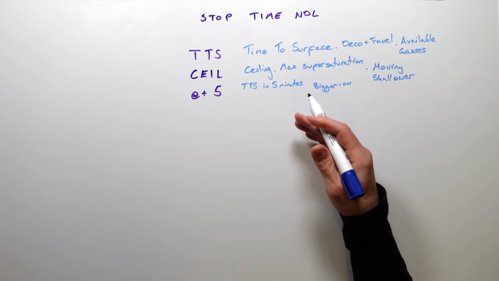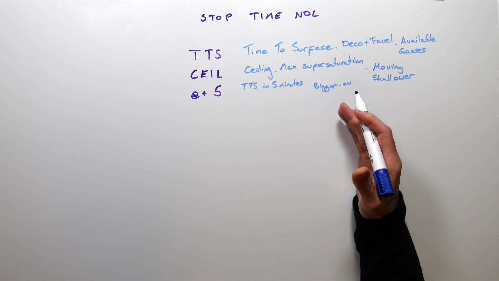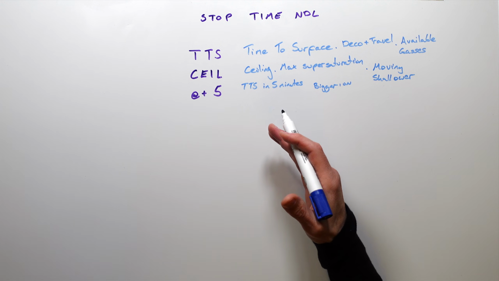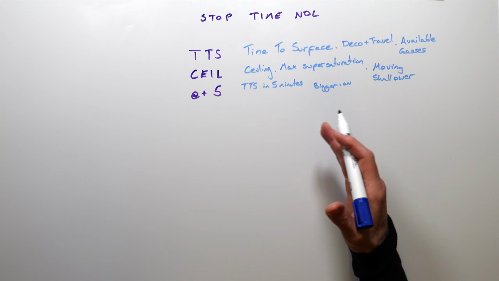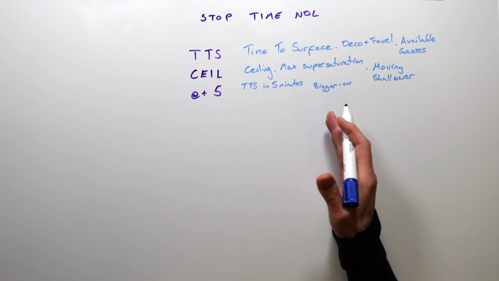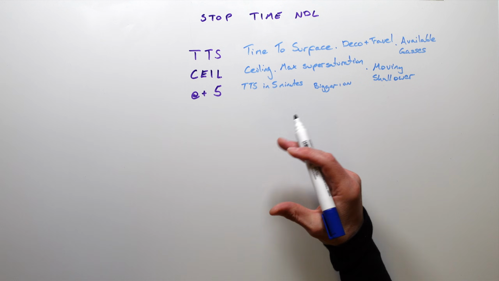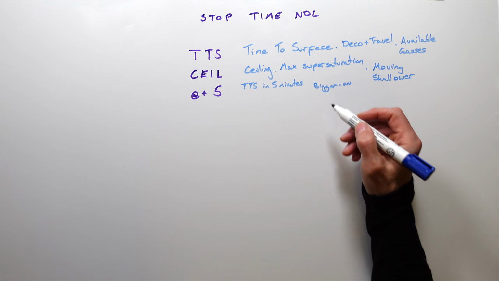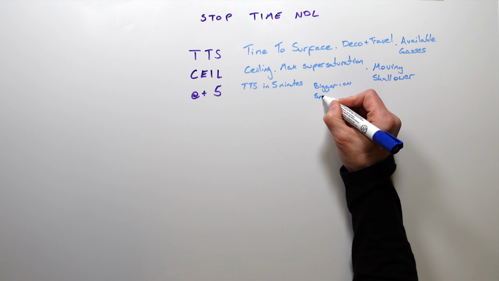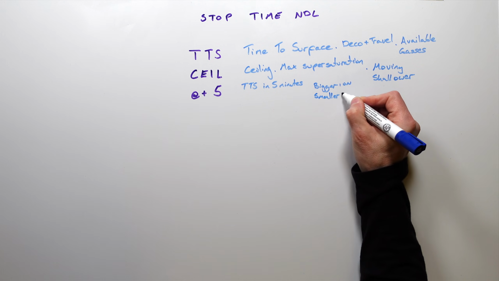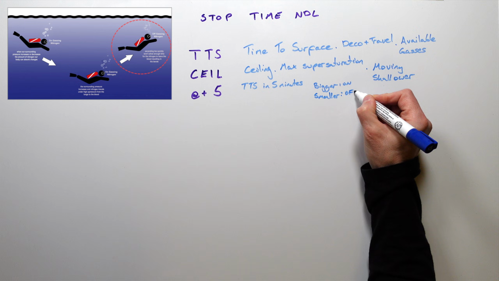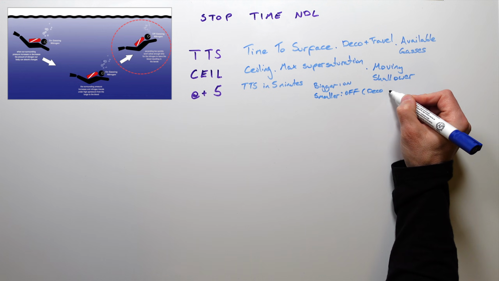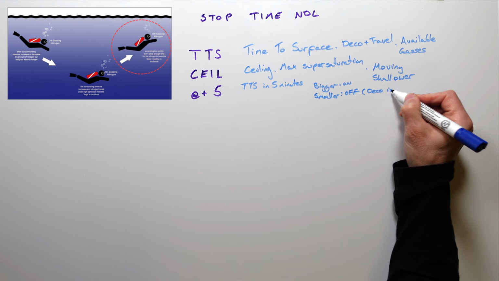And then if the TTS in 5 minutes time is less, well, that means that decompression is occurring. And of course you would expect to see your time to surface getting smaller and smaller the longer you're waiting. So if the new TTS is smaller, it means you're off gassing or you're doing your deco, is what we would say. Deco is happening.